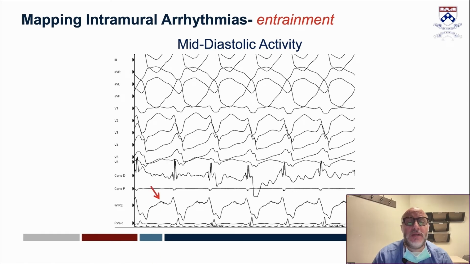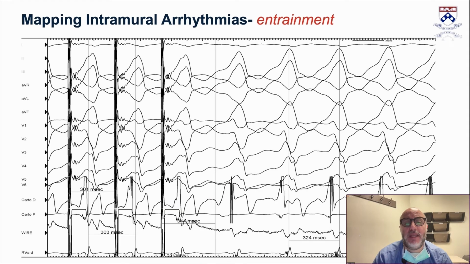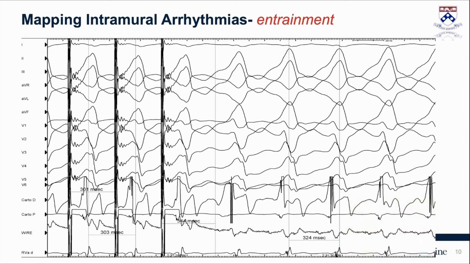You can clearly see here the presence of mid-diastolic activity inside of the septum. And when we entrain this VT, you can see that we have concealed fusion and a perfect PPI for the VT. So it is possible to define better